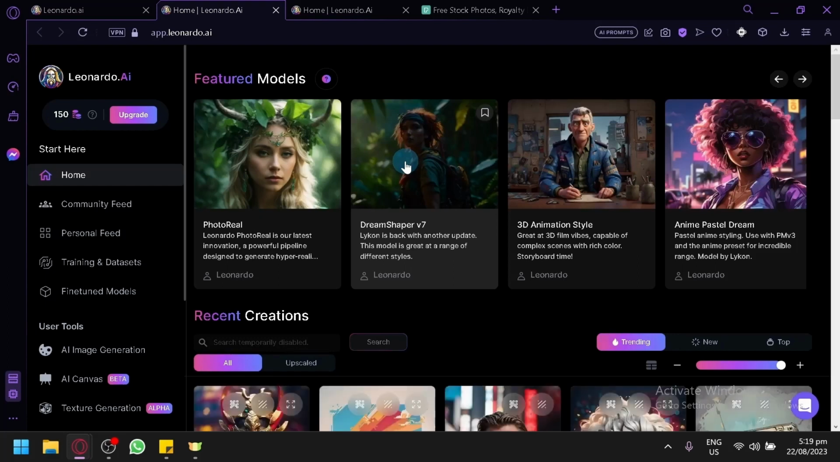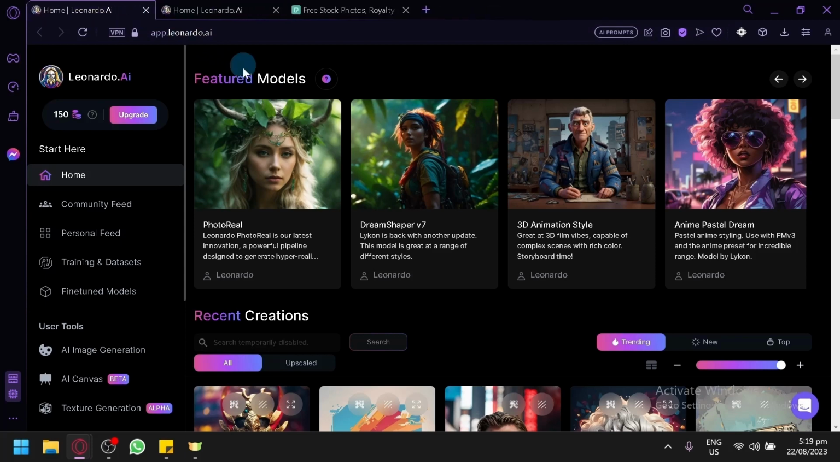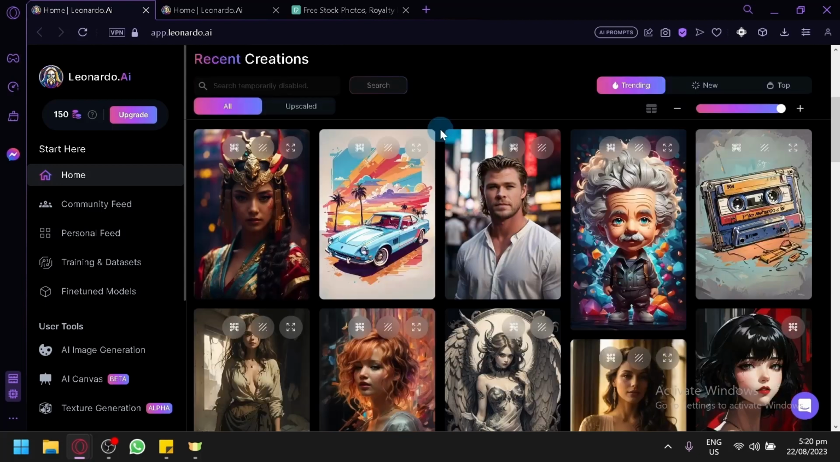Now, before we start with the different generations of our images, let's take a moment to explore the different features and parts of our homepage so that you know where you could find the different tools. As you can see, we're already on the homepage. You will be able to see the different featured models and the recent creations. Personally, my favorite thing to do whenever I open this application is to look through the different recent creations,